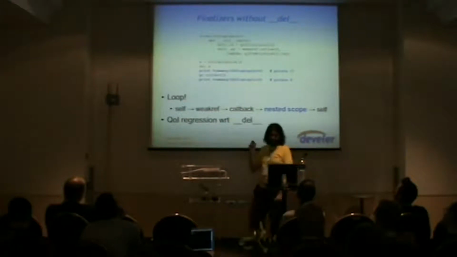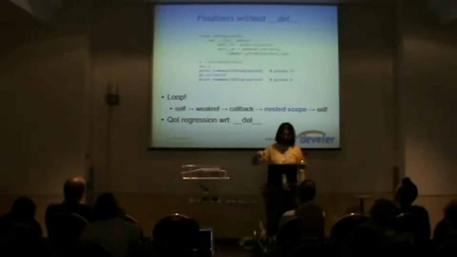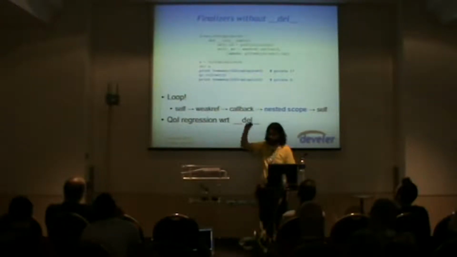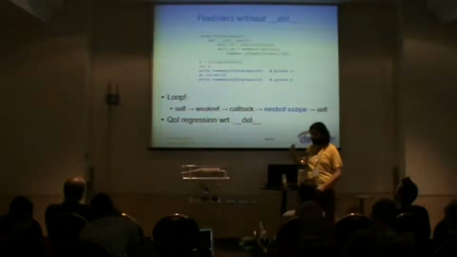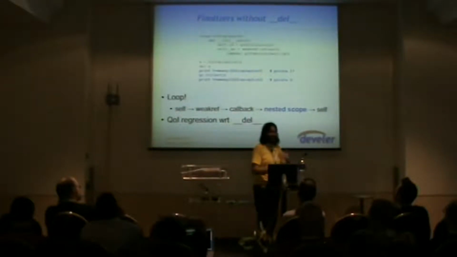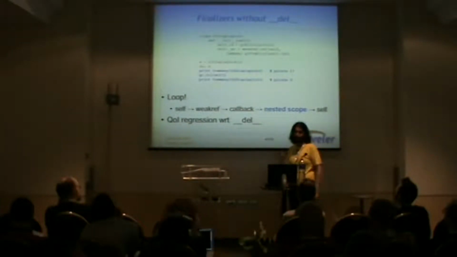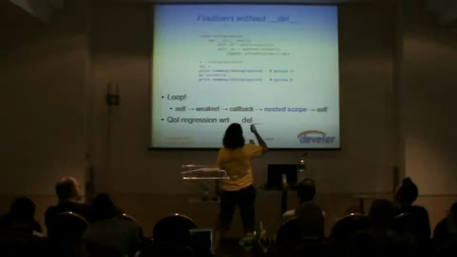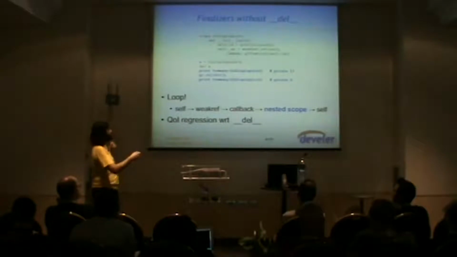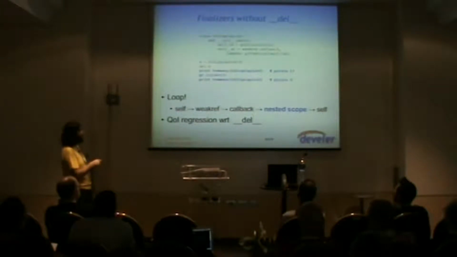Because if I try again, it kind of works. I allocate the GL display list, then I delete it, but there is still one instance of GL display list. After I call gc.collect, then I get rid of that instance. So it kind of works, but it delays destruction to the garbage collection. This happens because there is a reference cycle. The reference cycle in this code is probably hard to see, because you say, where is the cycle? I cannot see a cycle here. The cycle is basically this one: you have your self object, the instance, which has a reference to the weakref, right?